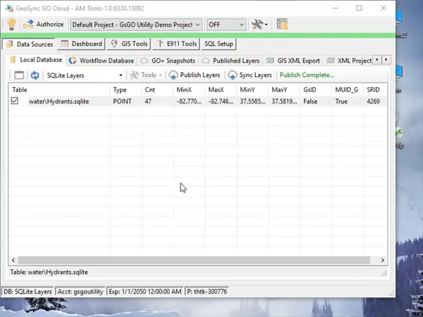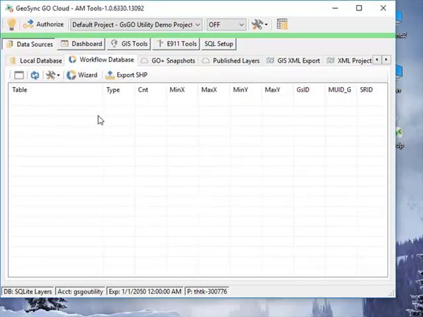We want to capture new fire hydrants using GPS in the field. So we need to create a GPS workflow for use in the field, so that as we map new features, we can store those separately. So the steps to create a GPS workflow from SQLite, we're going to go to our workflow database,